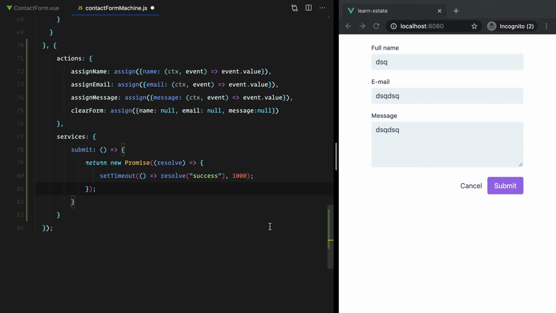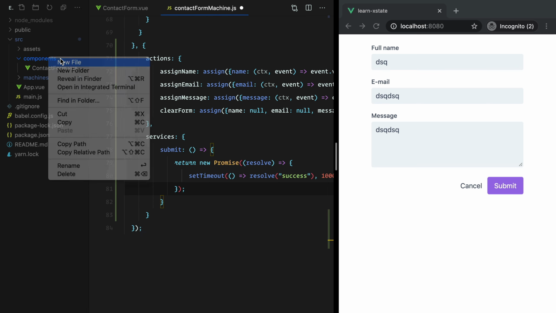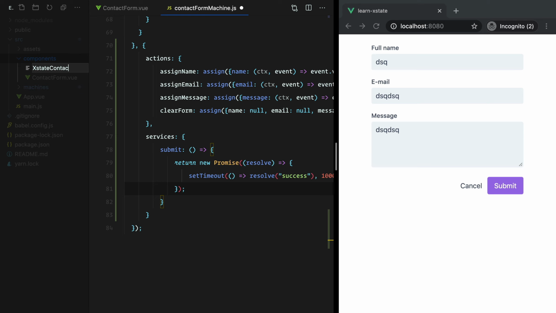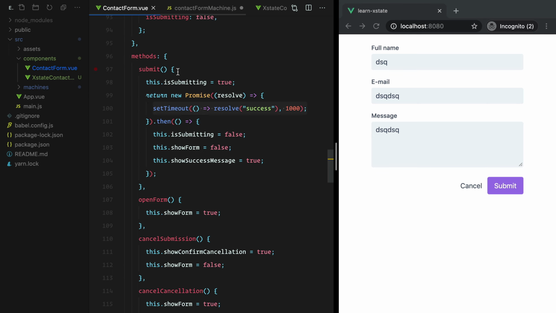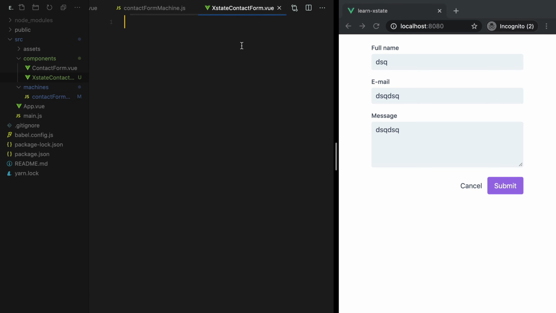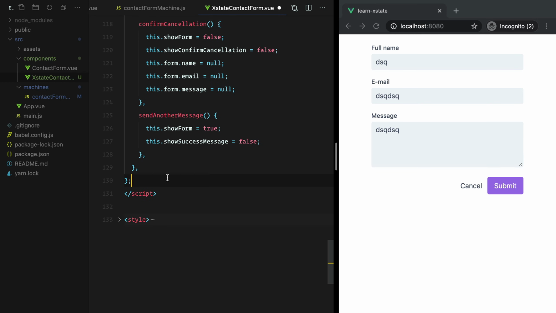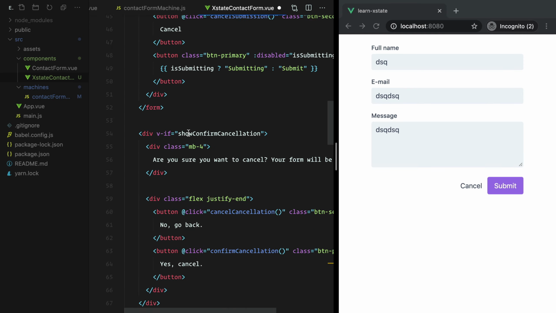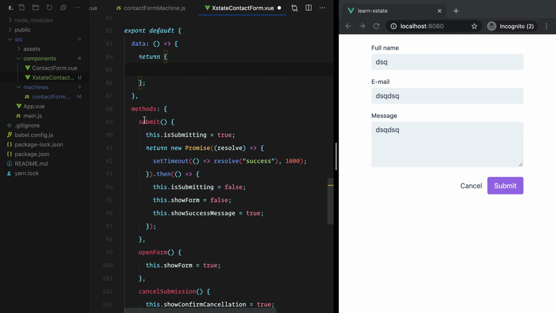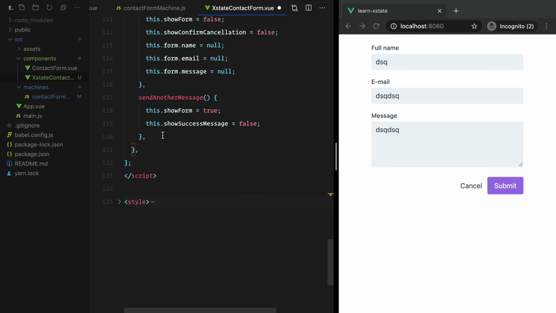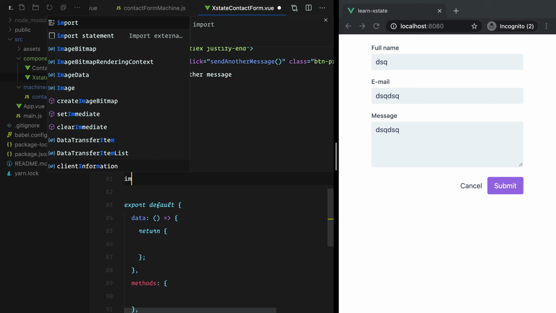So I'll close this terminal, open the sidebar, and create a new component. We'll just grab everything from the other component and paste it here. So we have the styling and everything. Okay, the first thing I'm going to do is clear out everything here, and also the methods. Okay, so let's import our machine. So import